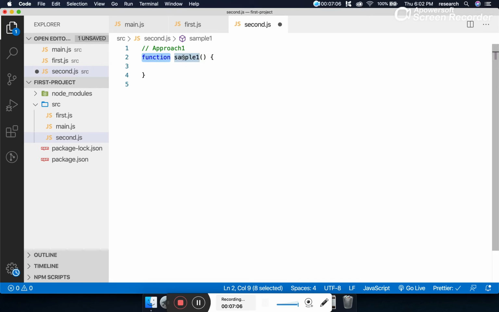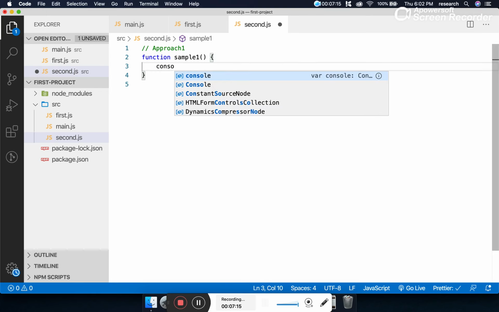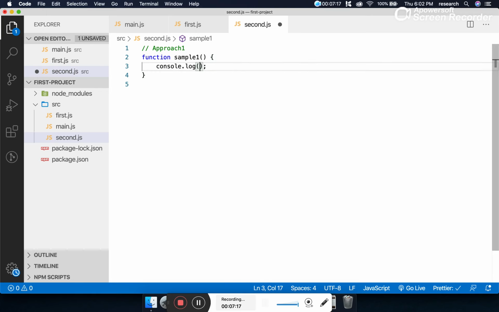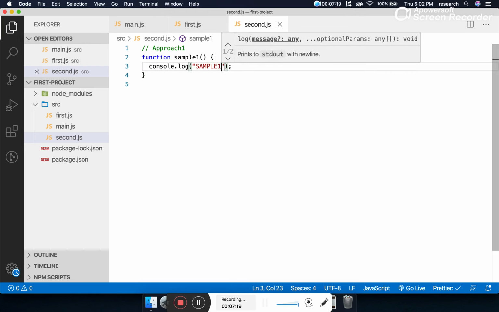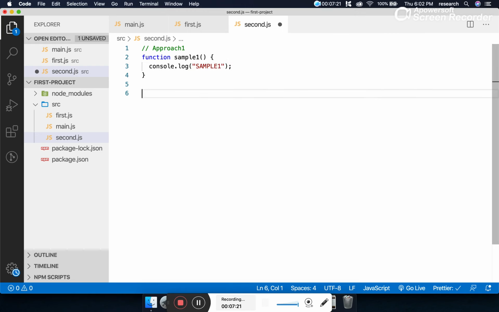So how do we declare a function? By using the keyword function, and this is our function name. And here we can take some parameters. This is the body of the function. Console.log one. This is the simplest way. What we can do is just a declaration, and right now there is no logic at all. We can call this function here. Right now, let's suppose I'm not interested in calling the function. Let's learn to declare more functions.